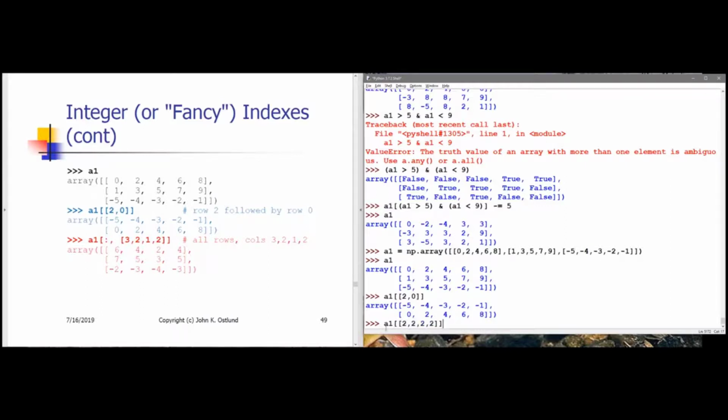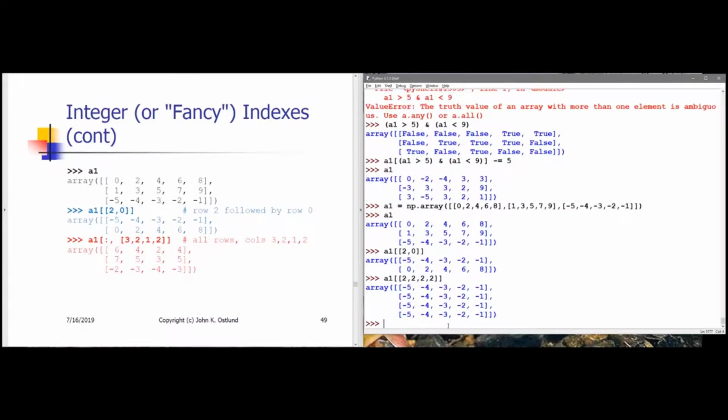And this is going to give me a result in which I have row sub 2 four times, and that's all that I have. So I get an ndarray that has 4 copies of row sub 2 from A1. If I want to do fancy indexing on columns, I can select all rows using my slice, just colon, and then I can select the particular columns that I want to see and the order that I want to see those in. So A1 sub colon, comma, and then I want to see column sub 3, sub 2, sub 1,